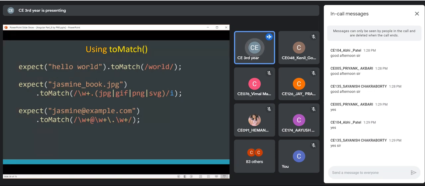And the third example is we are comparing whether it's a valid email ID or not. So again, you can see that it should be alphabets followed by the @ symbol. Then again, one or more alphabets followed by the dot symbol. And finally, we have one or more alphabets. So this is a very simple regex to check whether the email address is valid or not. So again, in this example, see that \w+ means we have one or more alphabets.